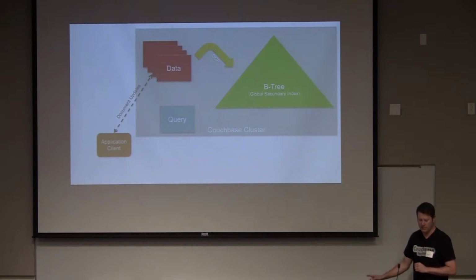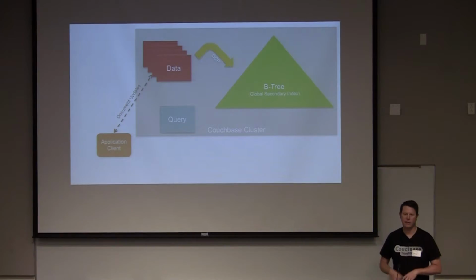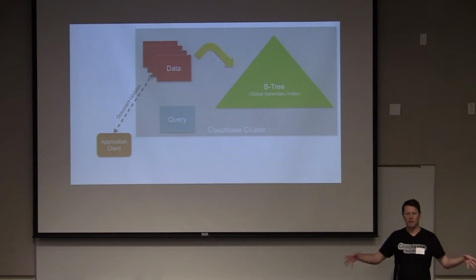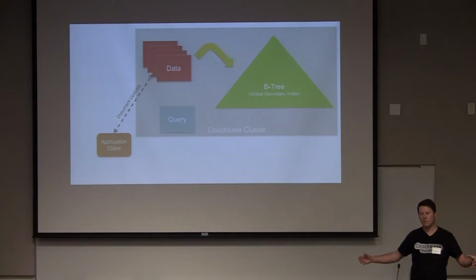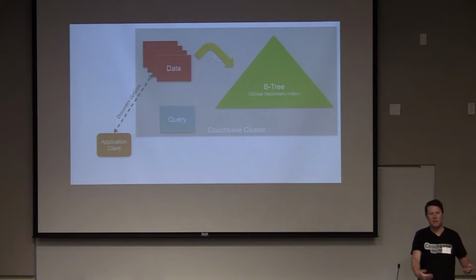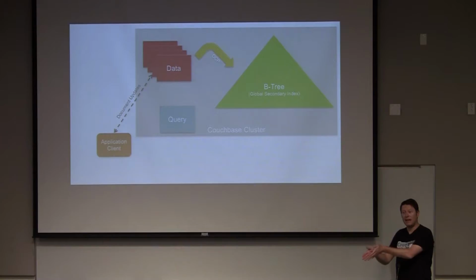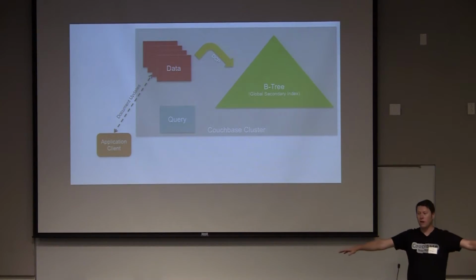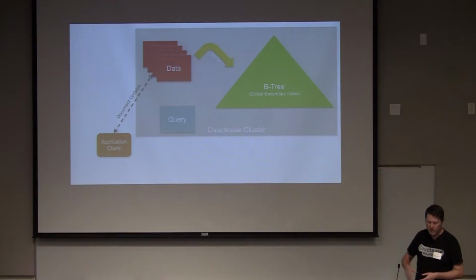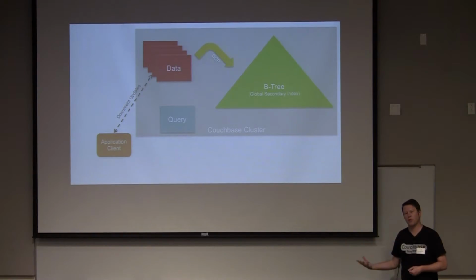But there's another aspect to this, which is that if you were to naively, and I did this many years ago, and many of you may have done this, a naive way to take a single system and make it a distributed system would be to do something like sharded MySQL, right? I'm just going to take it and shard it up based on a hash or a name value or a range, something like that. And if I query that system, right, if I say, go find me everyone whose last name begins with I, unless I've sharded by that last name field, I now have to visit every node, and then I have to merge sort it. But the cool thing is that in Couchbase, what we've done is we've created something called global